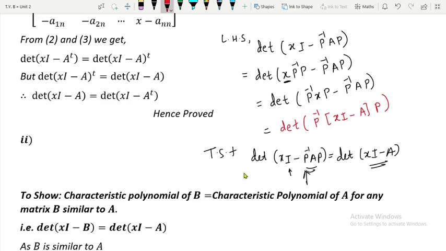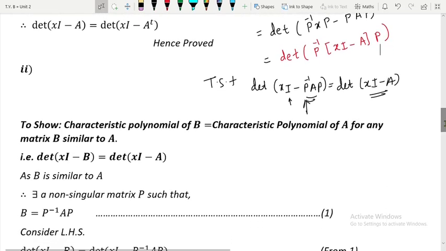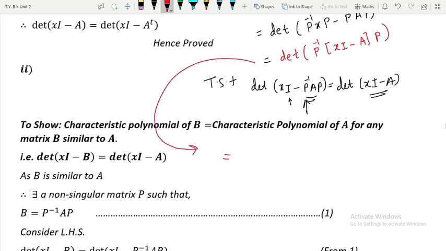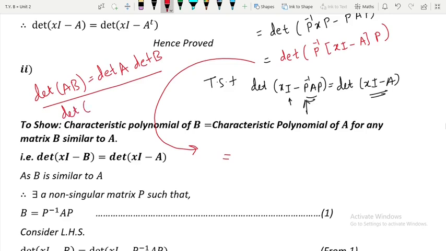Now one famous property we have to use. What is determinant of AB? It is determinant of A multiplied by determinant of B. So this will be equal to, directly from here to here. Now I said this property is determinant of A multiplied by determinant of B, but note this property is also true for three matrices. I mean, if you are having three matrices, then determinant of ABC will be equal to what? Determinant of A multiplied by determinant of B and multiplied by determinant of C. Over here the three matrices are involved. This is one, this is second, and this is third. Okay, so the property can be used.